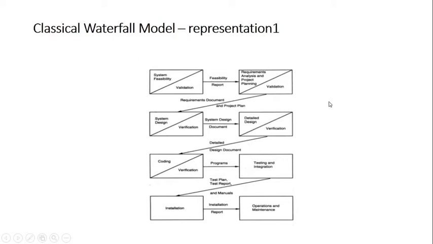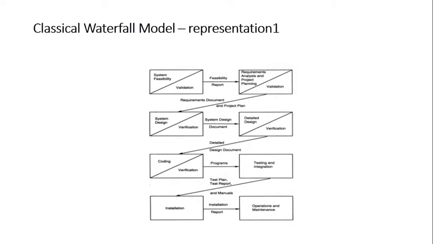Now this waterfall model is the most descriptive model. What I mean by descriptive is, it represents each and every phase properly, along with the document that is getting released. After each phase the exit criteria or the deliverable is represented here, right? So how we draw this is, you make the first phase here, that is system feasibility. You get a feasibility report. Then we start with requirement analysis and specification. We get a requirement document, that is the SRS. Along with this we get a project plan document also, known as SPMP, that is the software project management